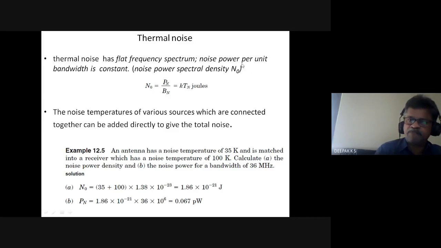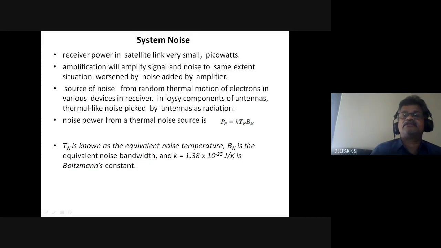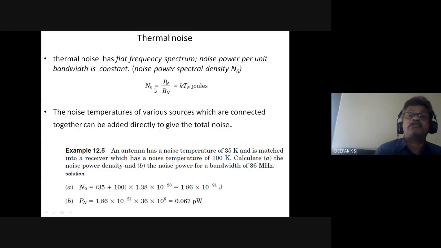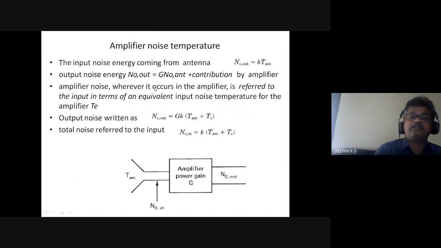across this spectrum, and noise power per unit bandwidth is also a concept. So this power is divided by this bandwidth, and you get noise per unit bandwidth. So per gigahertz or per hertz, what is the noise power? You divide by this Bn, you get this N naught, which is called the power spectral density. Noise power spectral density is N naught.